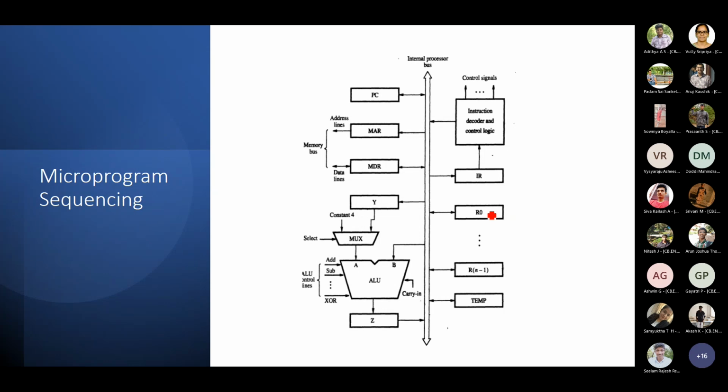Whereas in case of microprogrammed control unit, you convert each instruction into a microprogram. So in order to execute each instruction, you execute a series of micro instructions, where each micro instruction is executed in one clock cycle. That micro instruction is also referred to as a control word, which is having a stream of zeros and ones. And the place where you store those control words is called the control store.